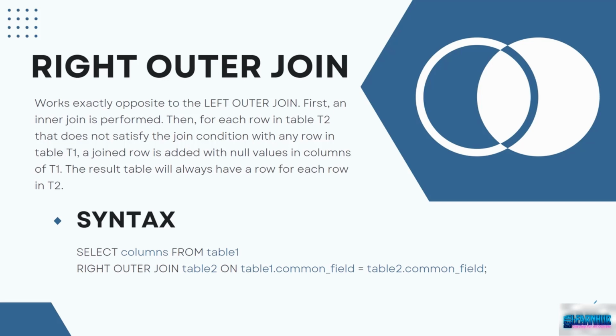As we can see from the diagram, it outputs all of the records from the right, regardless if they have a matching record or not. The syntax of a right outer join is as follows. SELECT columns FROM table1 RIGHT OUTER JOIN table2 ON table1.common_field = table2.common_field;